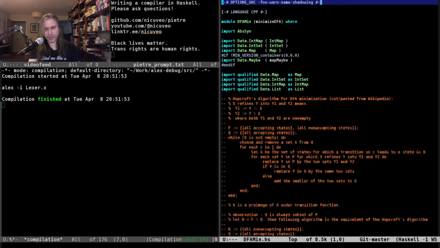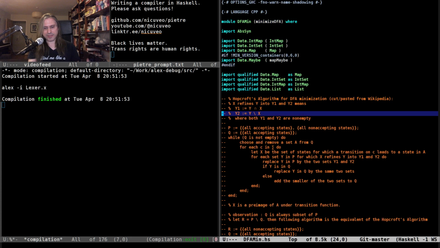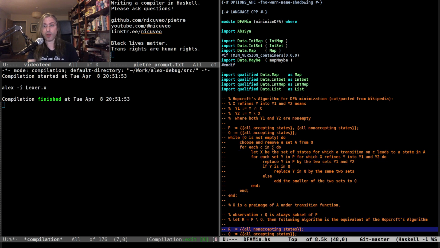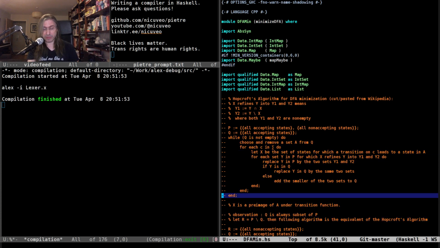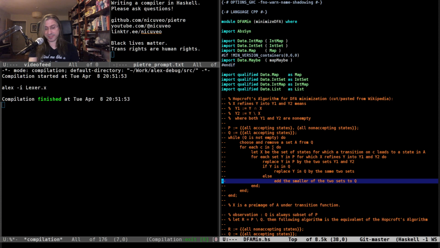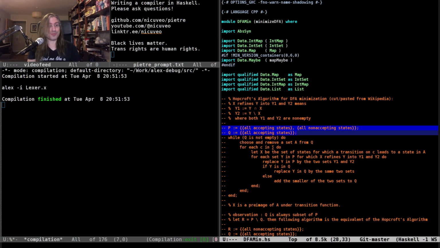Here in this file, which is the minimizer thing in Alex, there's this big comment about Hopcroft's algorithm for DFA minimization, which, as it says explicitly there, is copy-pasted from Wikipedia. And those 2 lines are wrong. I don't know if the person who copied the thing from Wikipedia made that mistake, or if Wikipedia was wrong.